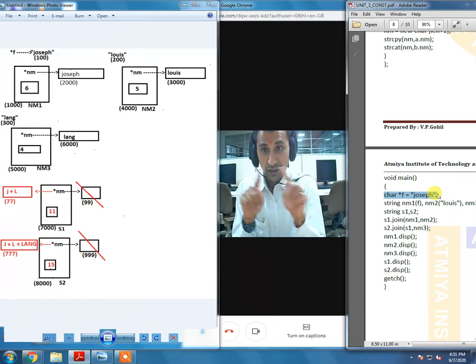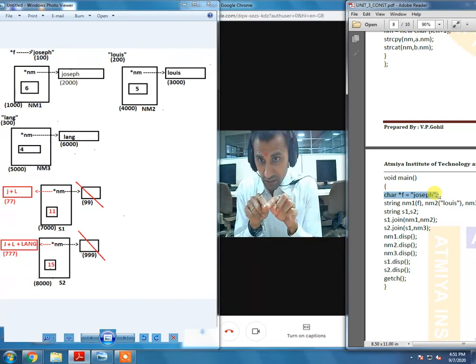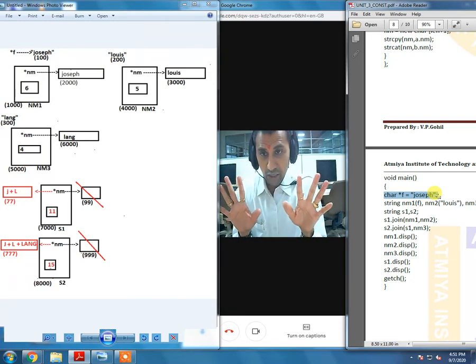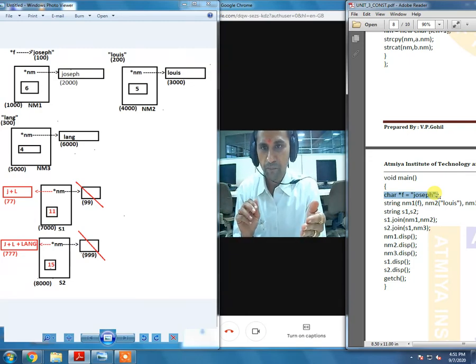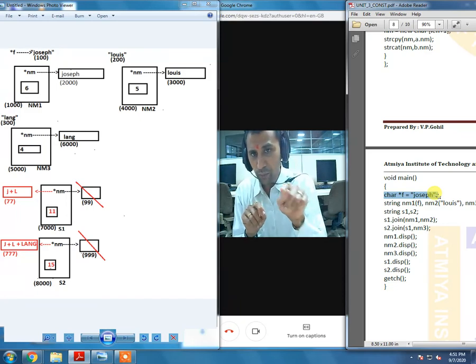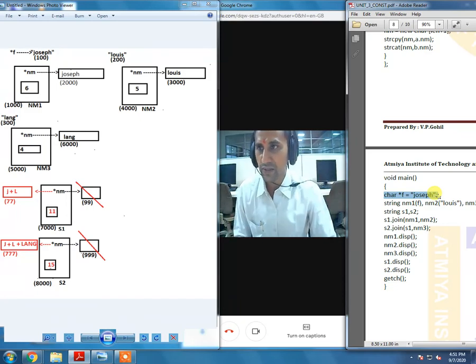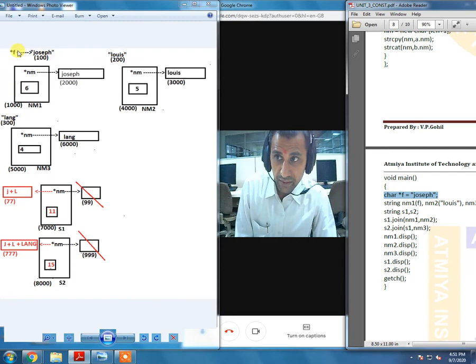That means the compiler itself is going to allocate 6 bytes followed by a null character in the buffer area, in the RAM section, and the pointer *f will be pointing at the starting of this Joseph string.